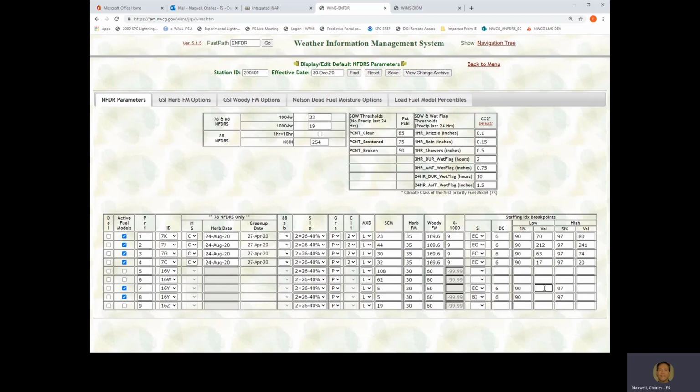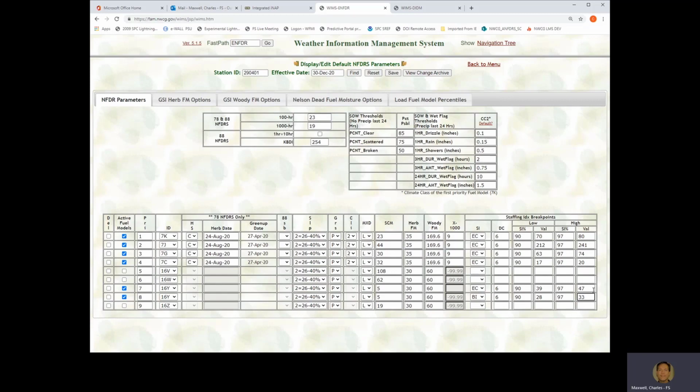Again, I've already obtained these. Go ahead and enter them in. 39 was our 90th percentile value for ERC. 47 was the 97th. Got this written down. For BI, it was 28, and then 33.